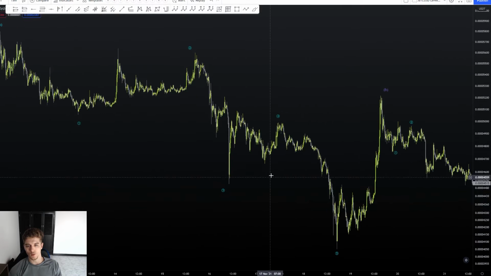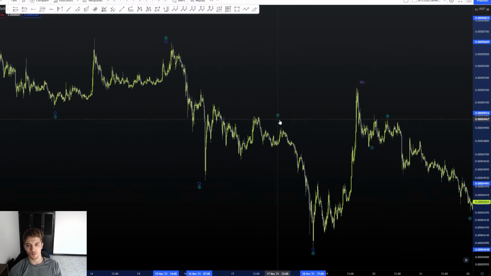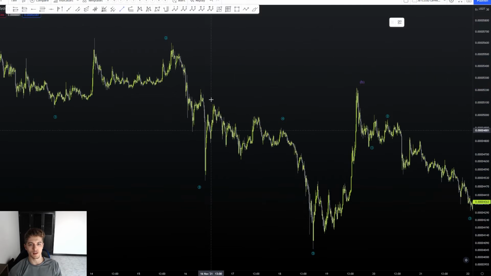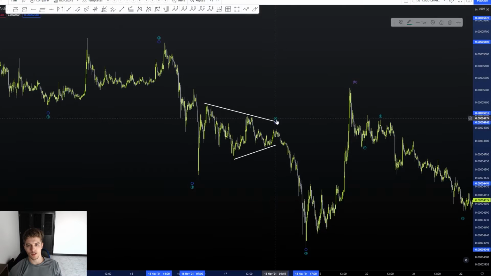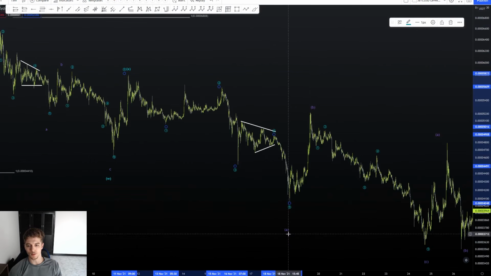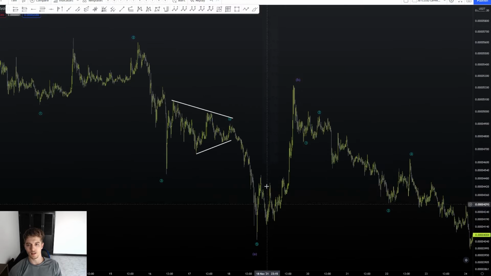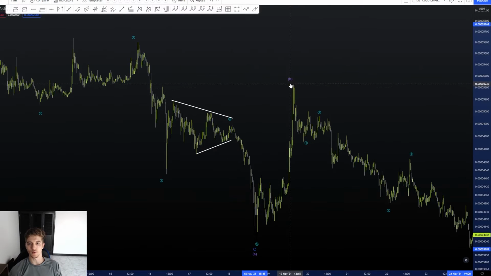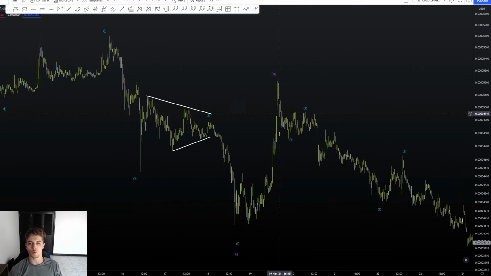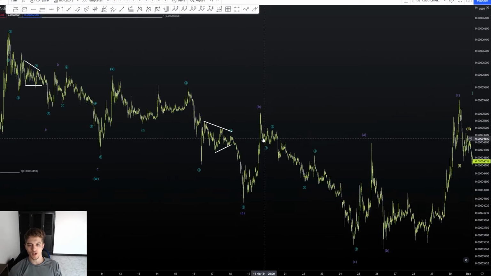Wave 4. This wave 4 looks a lot like a triangle, so I'm probably going to go ahead and get the trend lines out and start labeling it as such. This wave 4 is probably a triangle, and then this moves us into this wave 5 to complete this minuet wave A. Then this minuet wave B would probably be an A, B, C for a very long wave B to complete this minuet wave B, or rather a very long wave C to complete this minuet wave B. Moving on, we have a 1, 2, 3, 4, 5 to complete the C wave of